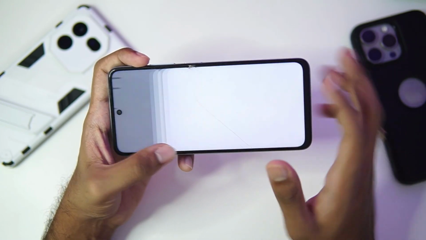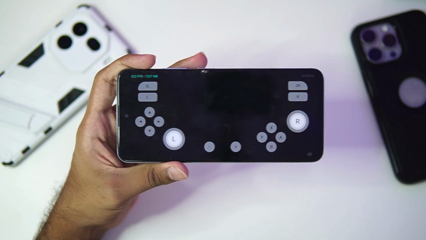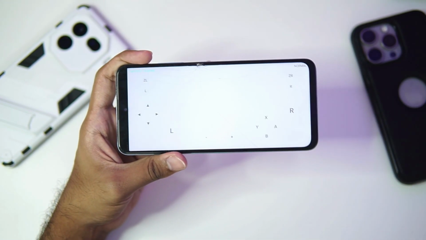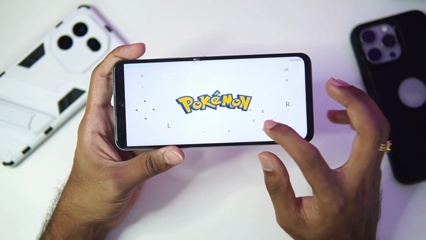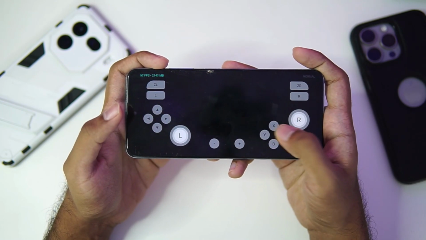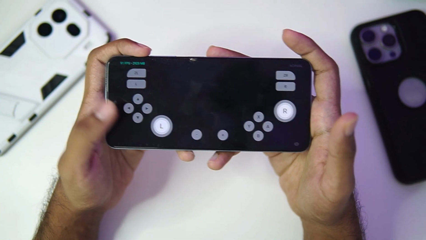So yeah, we'll just go ahead and tap on the close game option and let's try out Pokemon Let's Go Pikachu. This is going to be our last game which we'll test out inside the Pine emulator, and I'm 99% sure that this will work with amazing frame rate because we have already tested it out previously in my videos. So yeah, there we go, Let's Go Pikachu has successfully started, and let's find out what's the FPS in outside